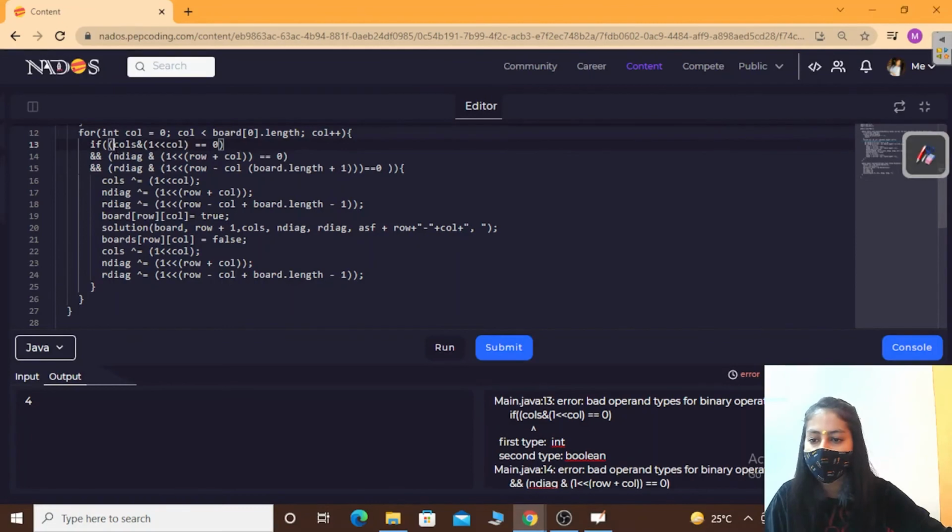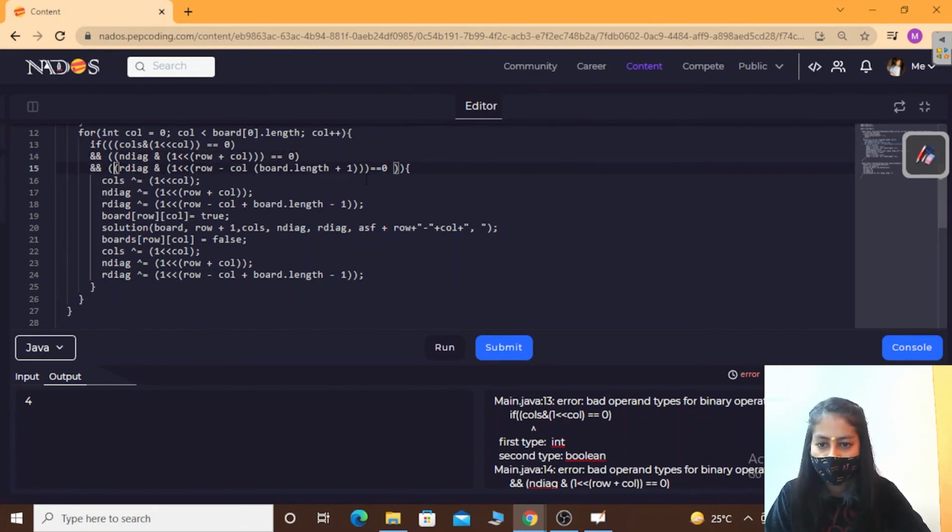Otherwise it will be evaluated incorrectly by the compiler, right? So let me add the braces here, right? Here